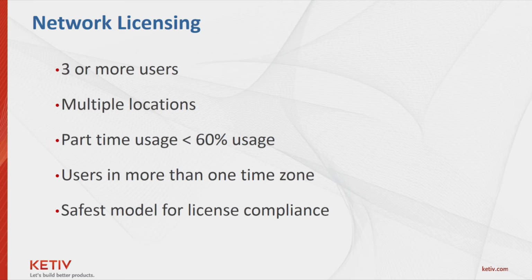One example may be where you have users that are using licenses part-time. Less than 60% is a good percentage to look at. You may have, let's say, 10 users that are part-time users. By networking those 10 licenses, you'll be able to support potentially up to 15 people. And that is more cost-effective than adding 5 additional licenses to support 15. So it allows you to share licenses with many more people.